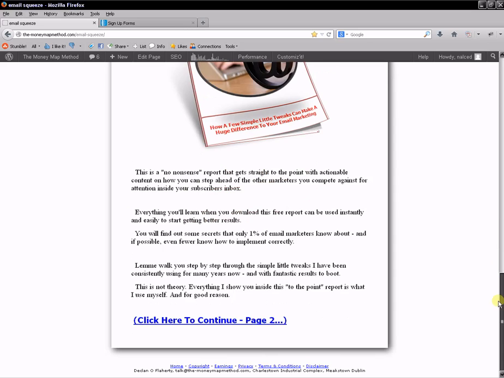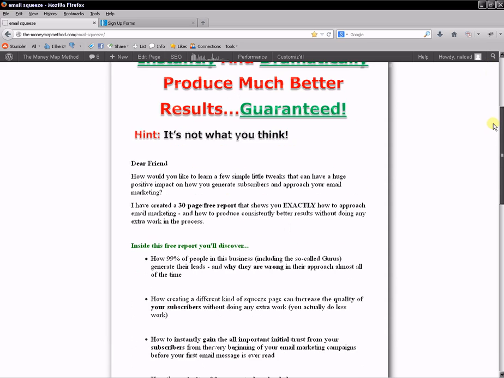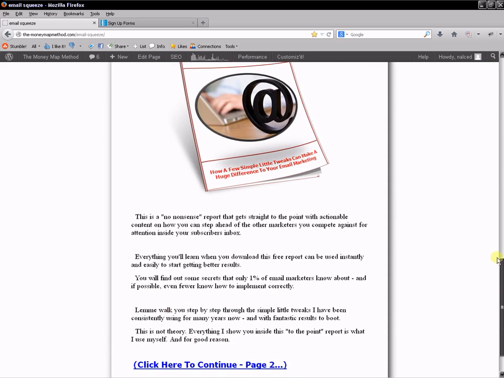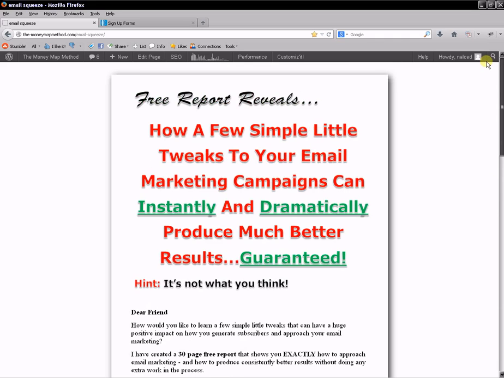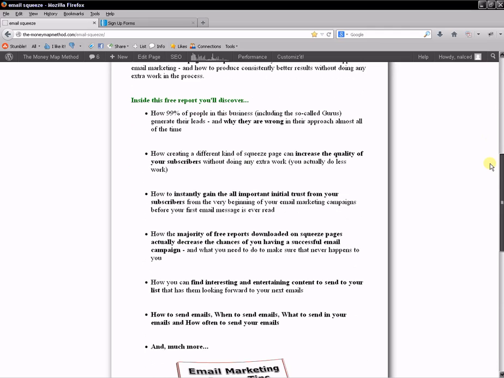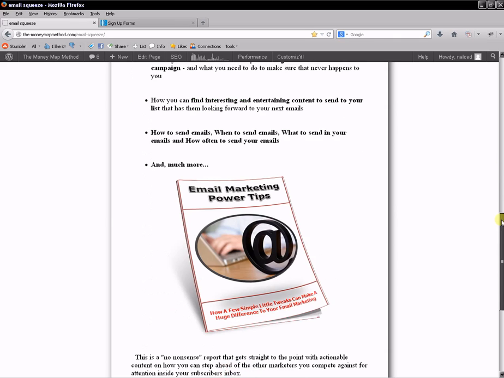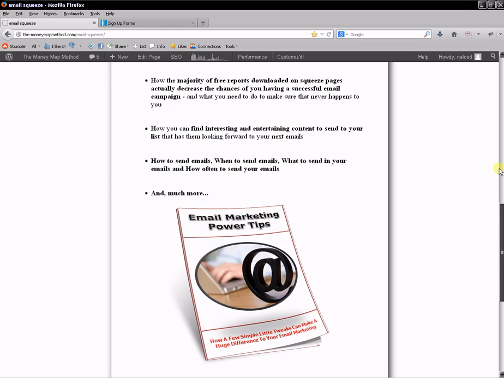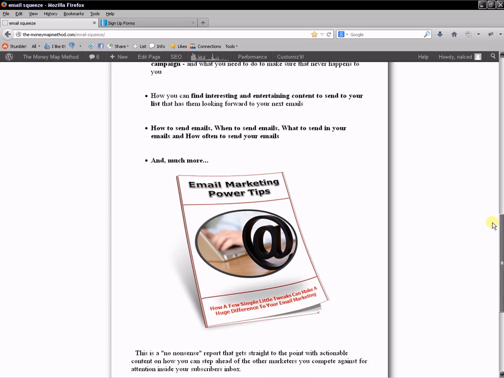So if you look at this squeeze page, for example, as you can see, there's no opt-in form above the fold. And not only that, but I give a lot of information about what's inside this report. So I'm building trust automatically up front. So if you land on this page and you read this content, and you see the picture of the ebook here, and you read all this, then you automatically know what you're getting inside this email marketing report, you know what it entails, what you're going to learn. And that's very important. I'm giving you the trust up front, and I'm gaining that up front.